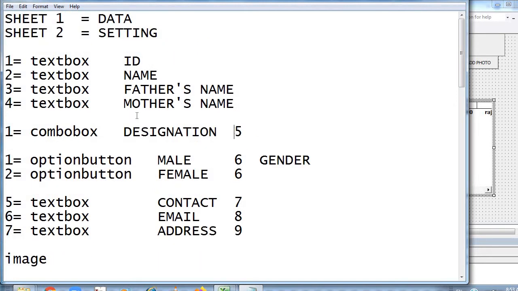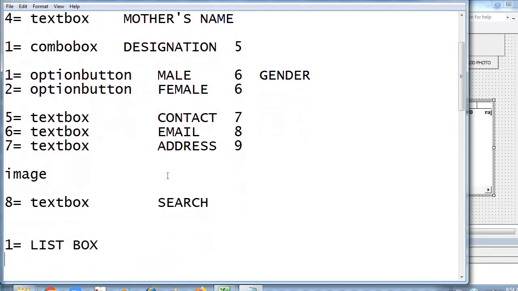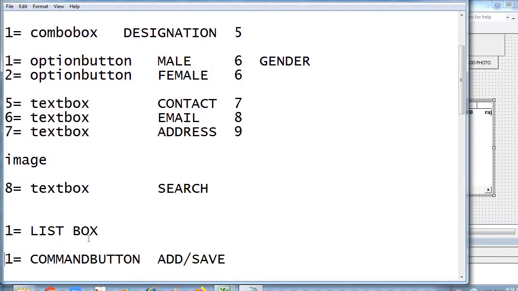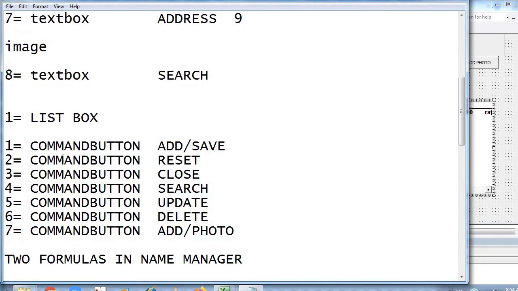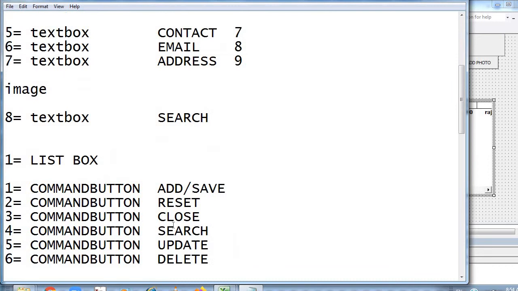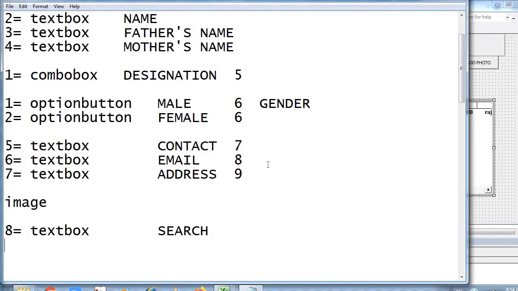Column number 5 is your combo box, that is your designation. Column number 6 is your gender, that is option button 1 and option button 2: option button 1 is male, option button 2 is female. There is one list box and command buttons 1 to 7. First is Add Save, second is Reset, third is Close, fourth is Search, fifth is Update, sixth is Delete, and seventh is Add Photo. So these are all the form elements I have discussed with you.